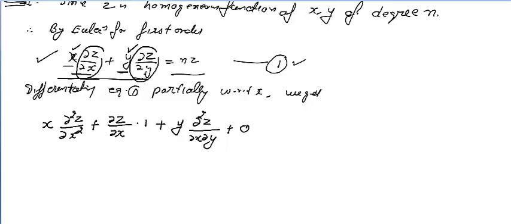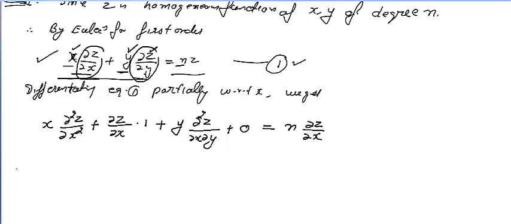Okay, so you can ask, sir, why are you not taking this as a constant? Because z is a function of x and also of y, so I cannot take this as a constant, correct? So n is a constant, it will be outside, and the derivative of the right hand side is ∂z/∂x. So this is the derivative of equation number 1 with respect to x.